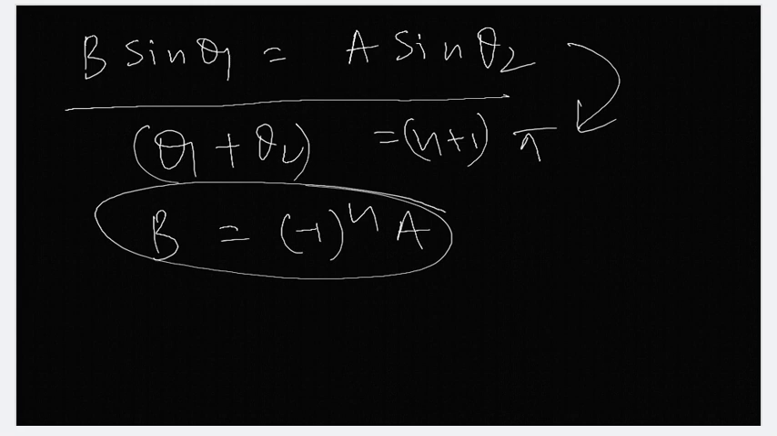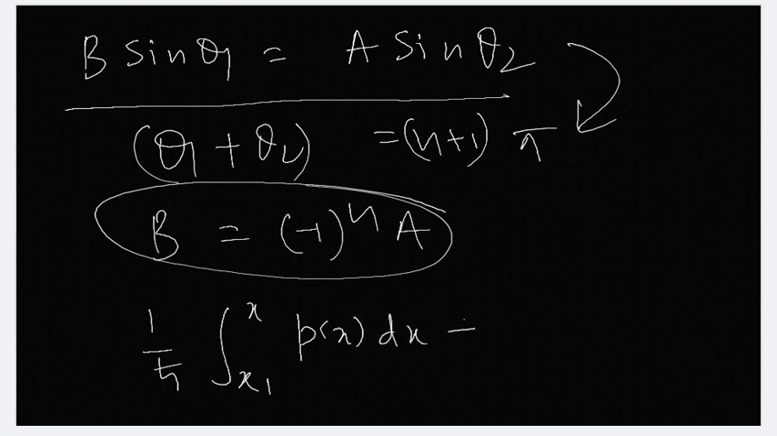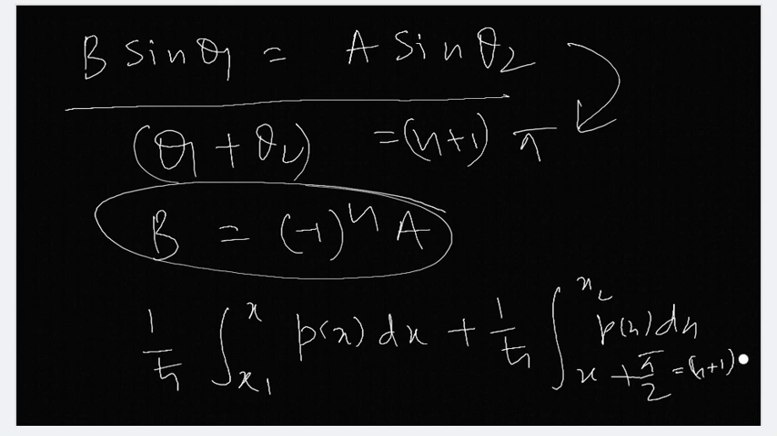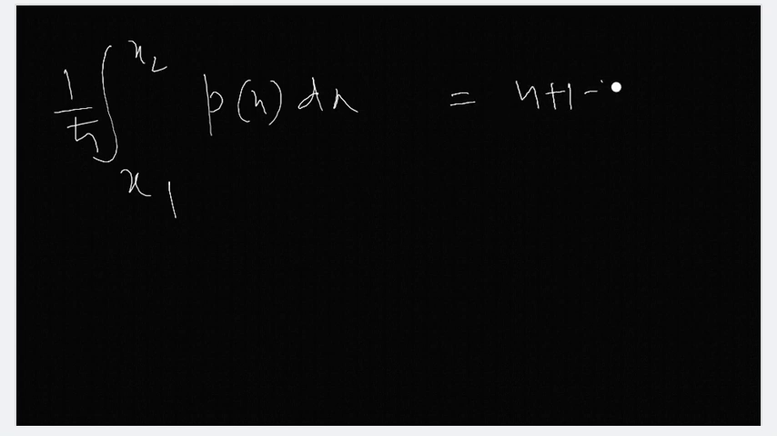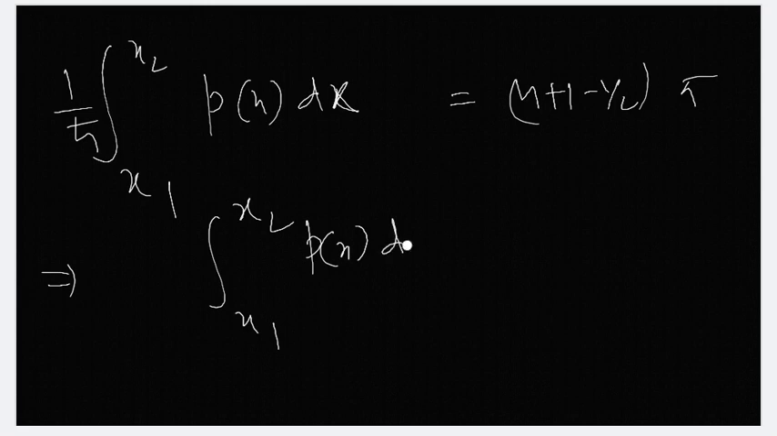And now you can put the value of theta 1 and theta 2. So theta 1 is integration from x1 to x px dx, and theta 2 is from x to x2 px dx plus pi by 4 and pi by 4. So pi by 2 equals n plus 1 pi. Clear? Now this one, you can write integration from x1 to x2 px dx equal to n plus 1 minus half of pi, because pi by 2 can be cancelled out from both sides. Okay, so you can write integration from x1 to x2 px dx equals